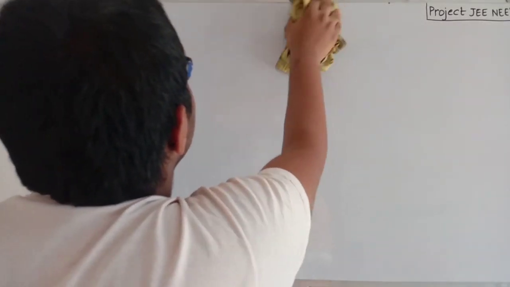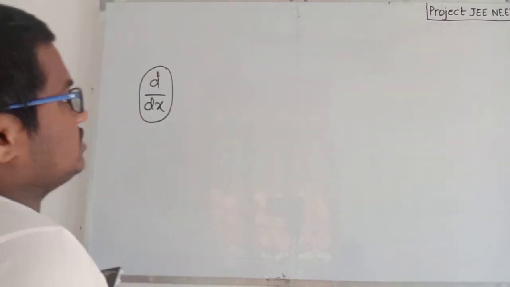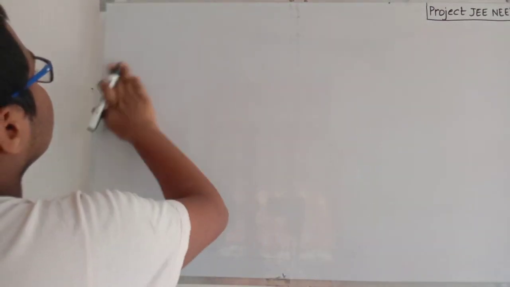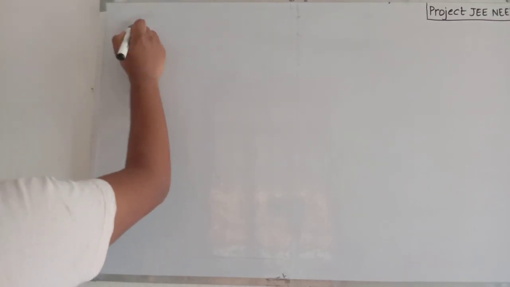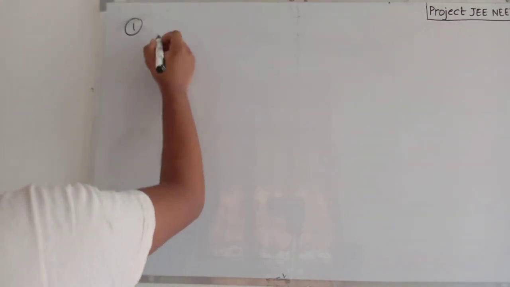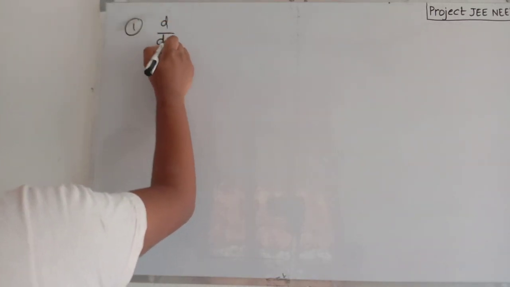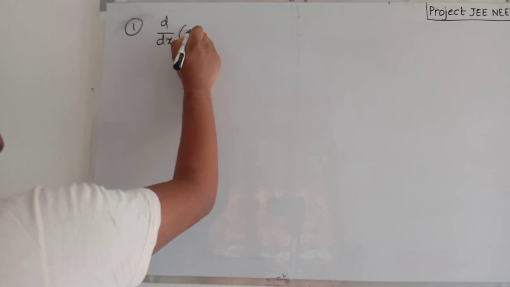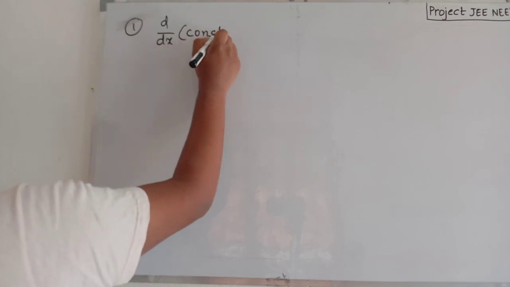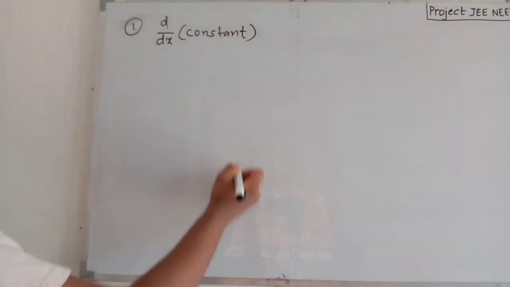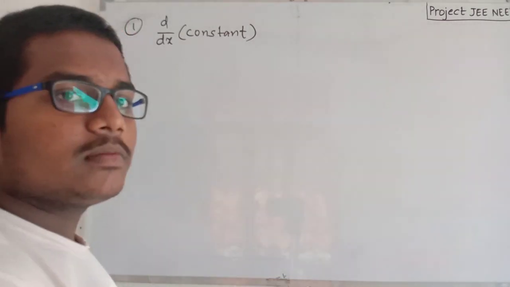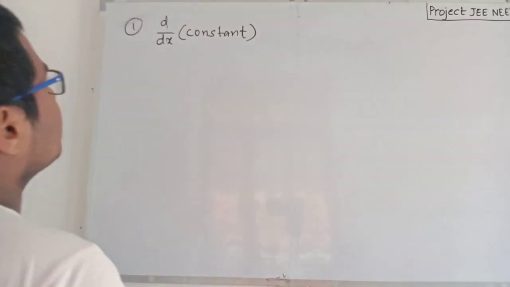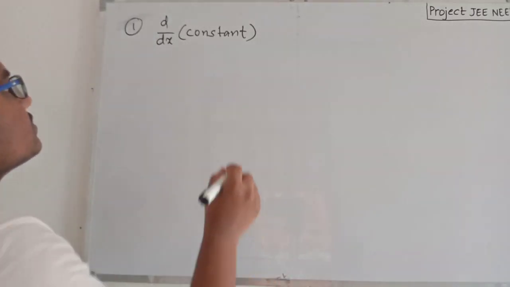Heading लगा दो, formulas related to differentiation. The first formula is, board clear है ना? Okay. First formula is d by dx of a constant. Some of you may know these formulas, some of you may not know these formulas, but these formulas are most important. This chapter contains only formulas, right?